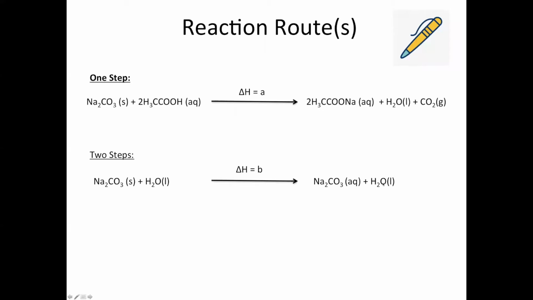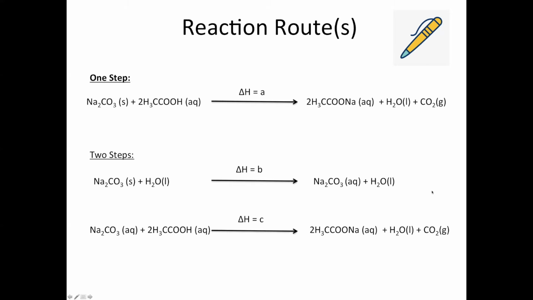We could, however, if we wanted to, do it in 2 steps where we make a solution out of the sodium carbonate first, so that's shown in this equation here, reaction B, and then use that sodium carbonate solution that we've made to then neutralize the acid in what we're calling reaction C. So the 2-step process obviously takes more time, and you may wonder why you would bother doing it that way. Most people would probably just do it in 1 step, but this is one way that we can use to